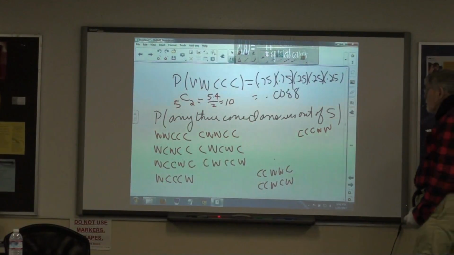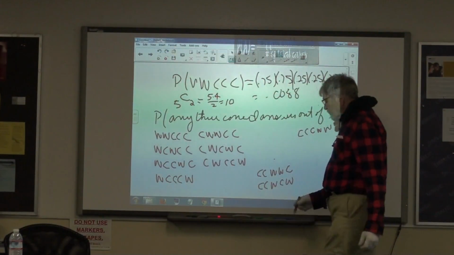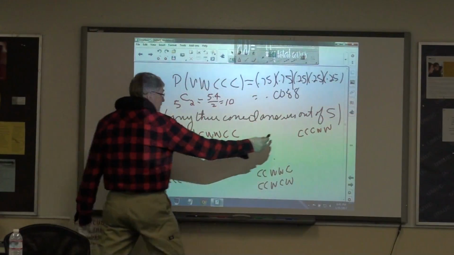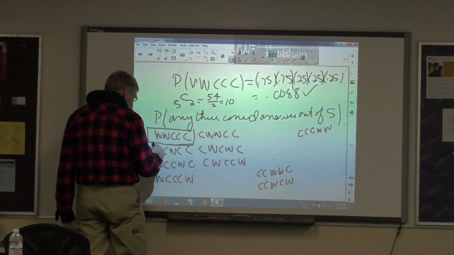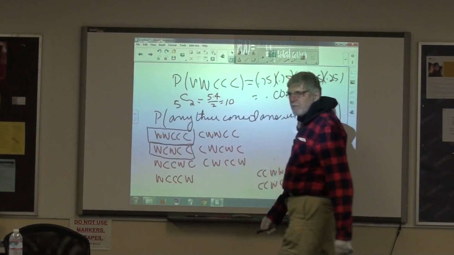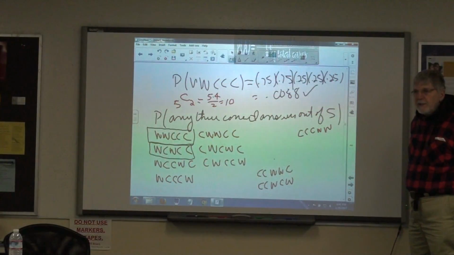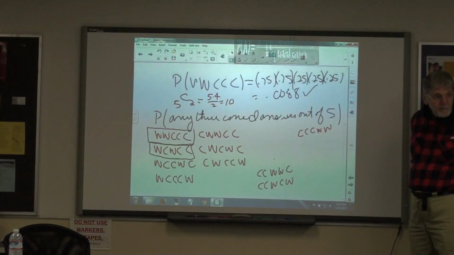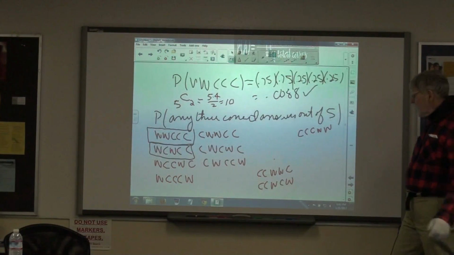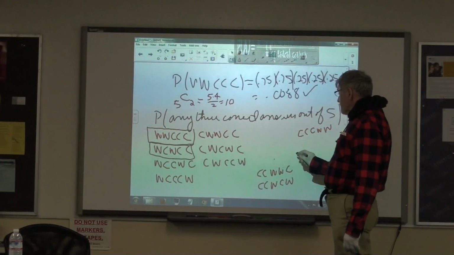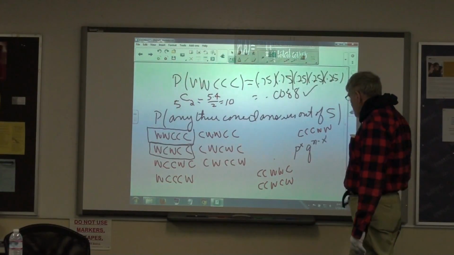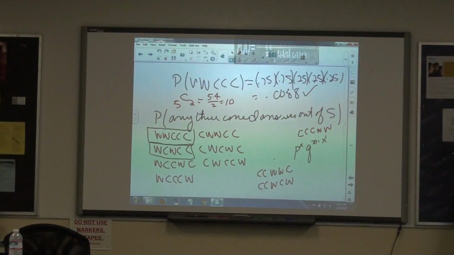Now, what's the probability of this? We calculated it, it's known. What's the probability of this one? Go ahead and calculate it or recognize it's the same, isn't it? Because it's the same 5 numbers, just in different order. Is not the probability of each one of those the same? And is not the probability of each one of those p to the x, q to the n minus x? In other words, p squared, q cubed.